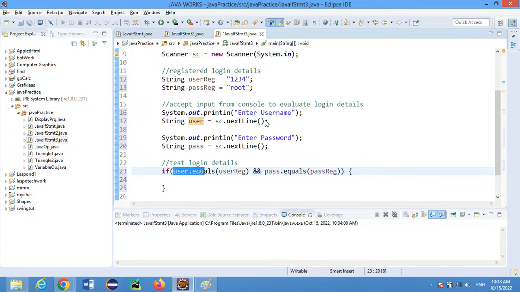So if user input is equal to the registered user and the password input in the text box is equal to the registered password, then we want it to display